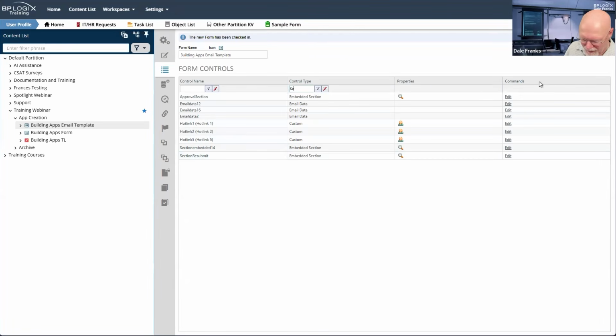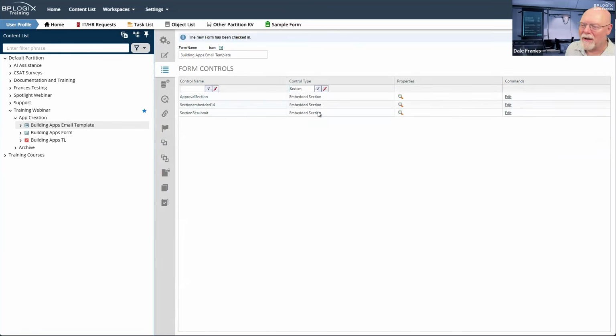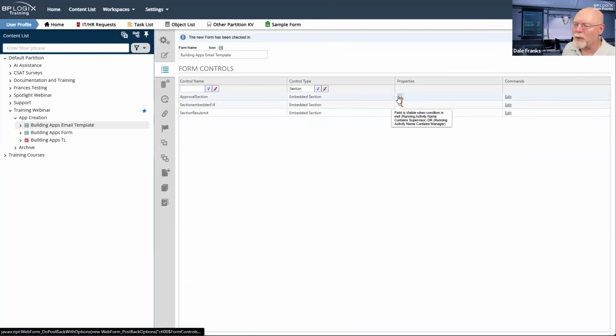I can type section and just filter, and it'll only show me my section controls. So I've got 3 controls. I know this may be hard for you to see on Zoom. Each of these should be now all mutually exclusive. Only one of these things can be true at any given time.